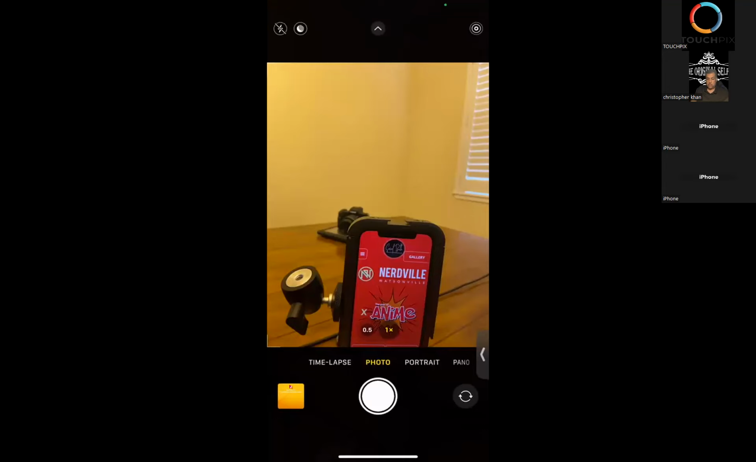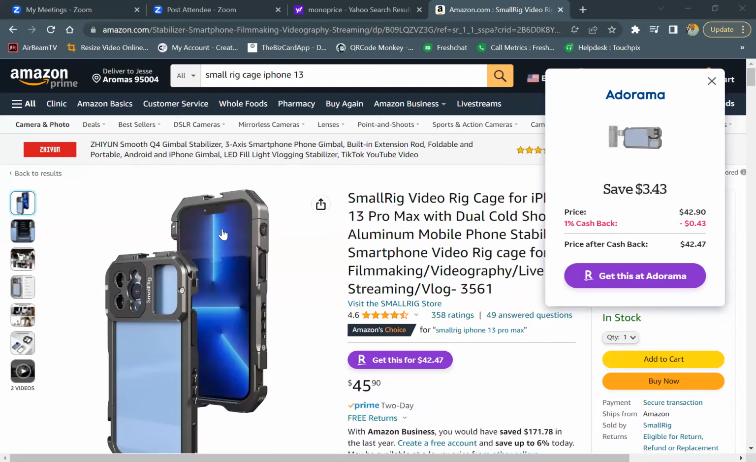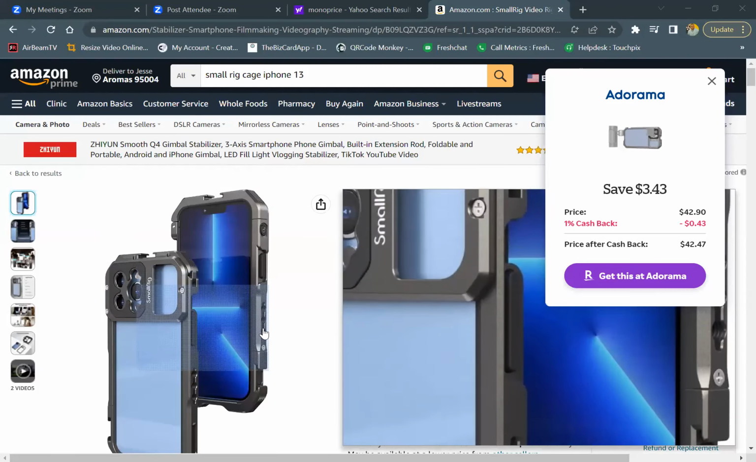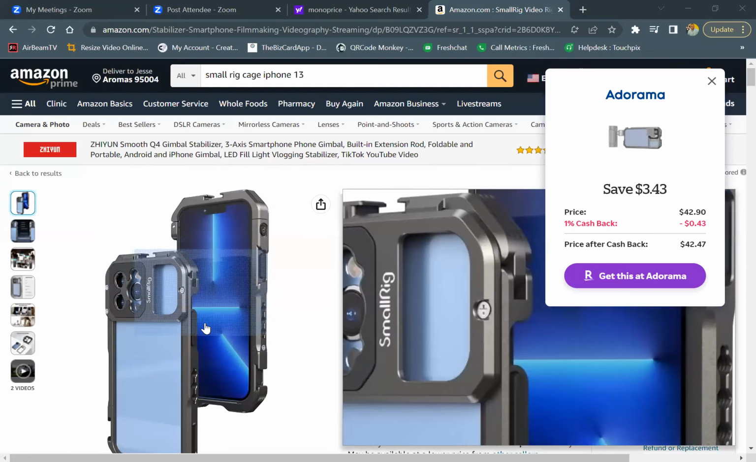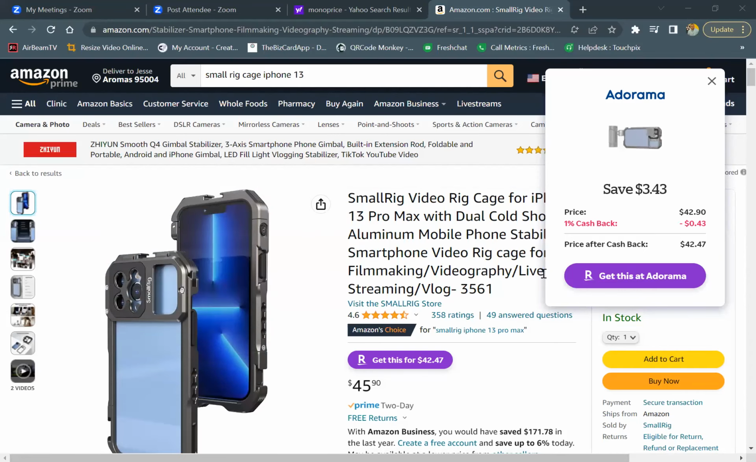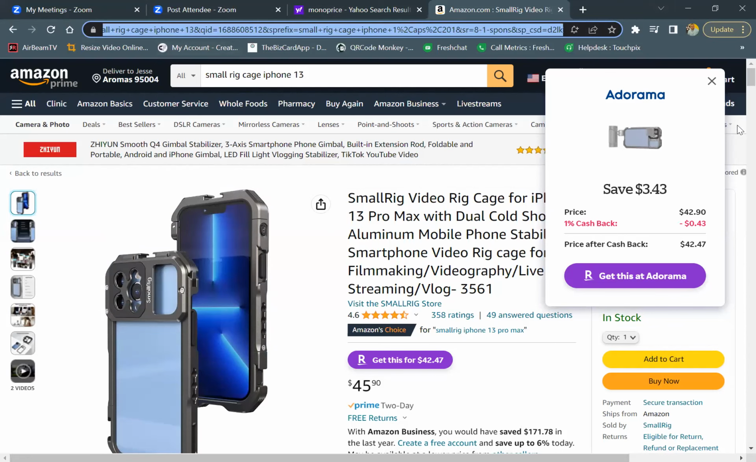I'm going to stop that screen share for a minute there and take you to that cage that I use. I like to use this cage because it has a lot of different mounting points where you can mount it on your arm a lot easier. So let's go back into Touchpix. But if you guys want to see anything else that I can explain, maybe what I'm going to do is